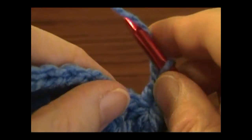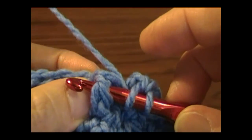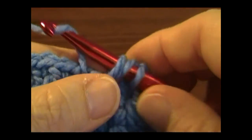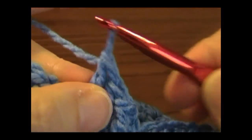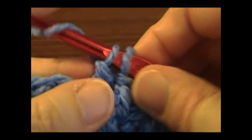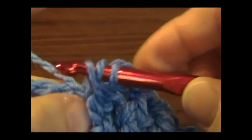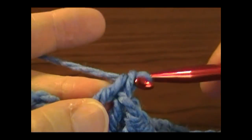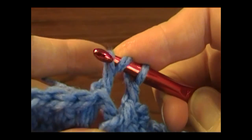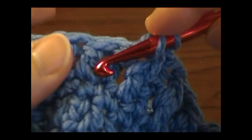Now we're going to do a front post double crochet, yarn over, insert the hook around the post of the next stitch, front to back, back to front, draw up a loop, yarn over, draw through 2, yarn over, draw through 2. If I do it fast enough, I don't drop the loop. Alright, do front post, yarn over, draw through 2, draw through 2, yarn over, insert your hook around the back of the stitch, draw up your loop, yarn over, draw through 2, draw through 2, yarn over around the front